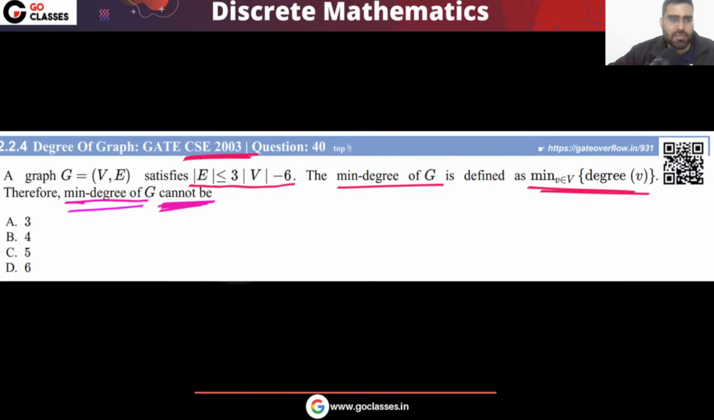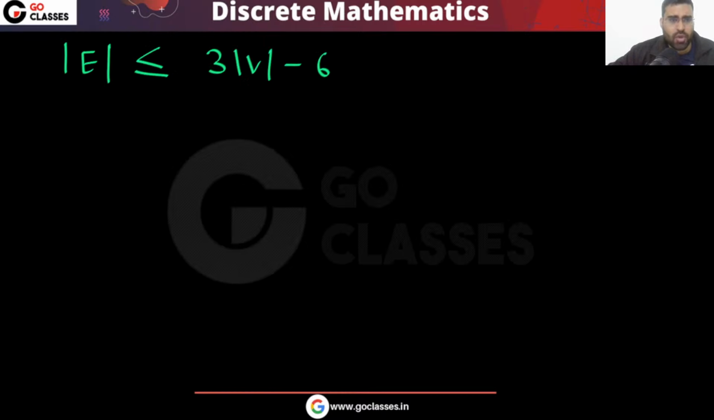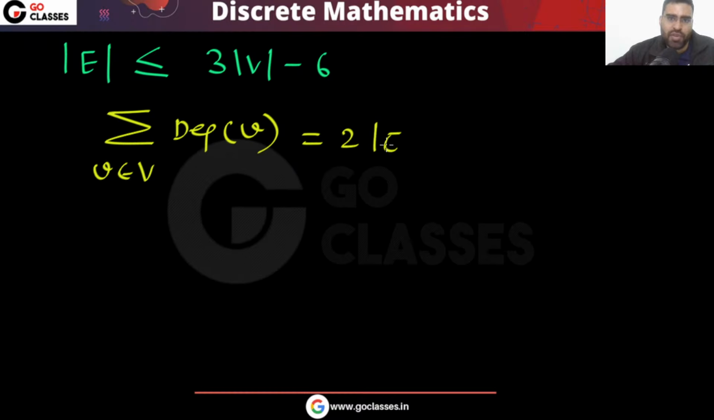Now the question is saying the minimum degree cannot be something. You tell me a simple thing. What is the total degree? You know the summation of all degrees, right? The summation of all degrees is twice the number of edges. So you tell me, if I replace everything with the minimum degree